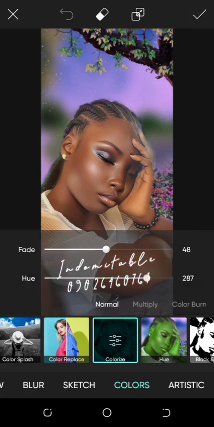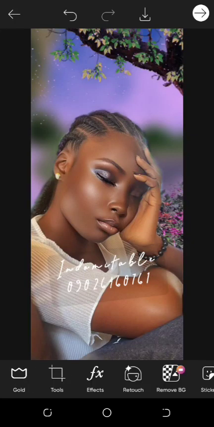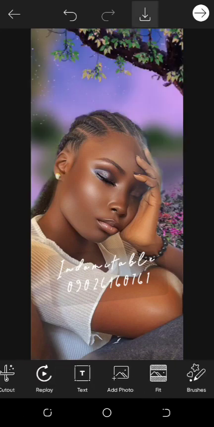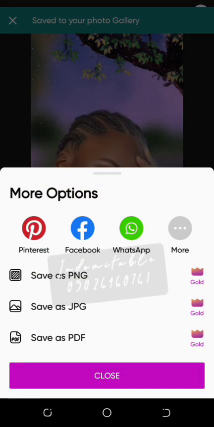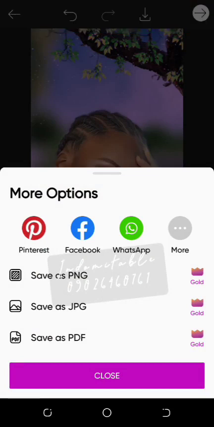Now that I am done, I'm just going to save it. All right, so I am done with it now, so I'm just going to save it now. So after this, you can now send it to your Lightroom for color